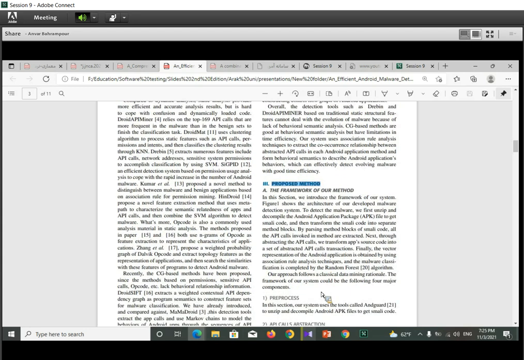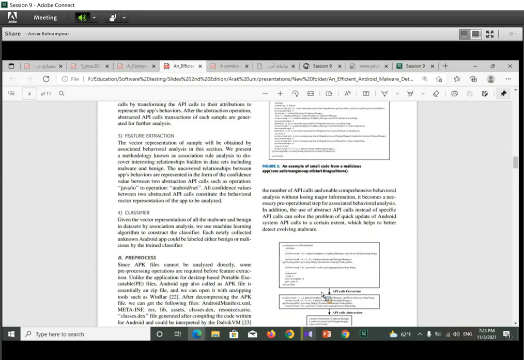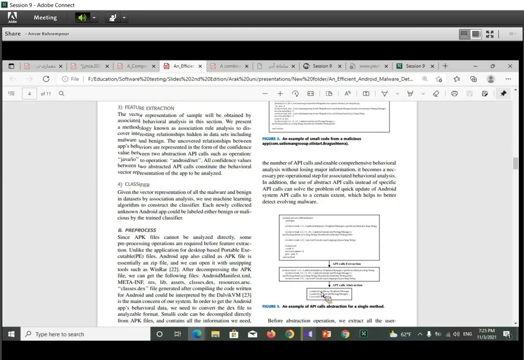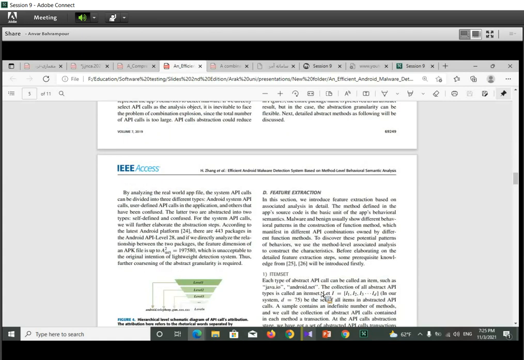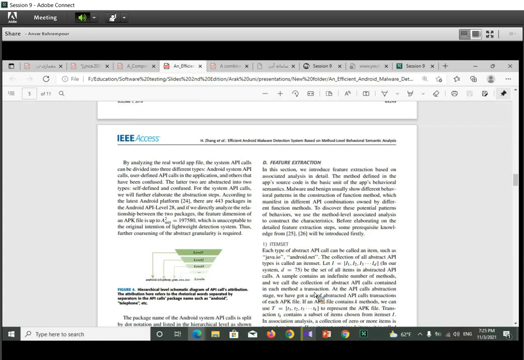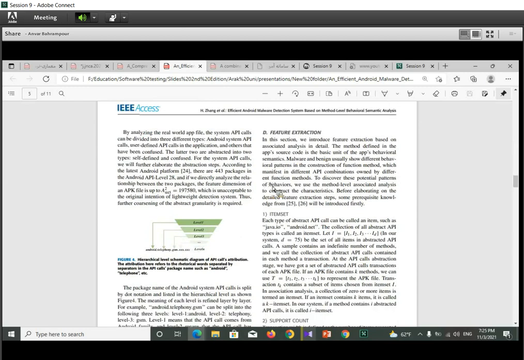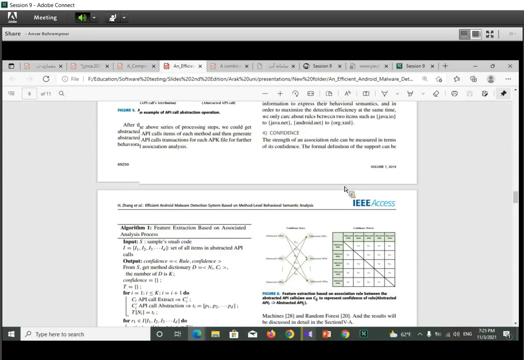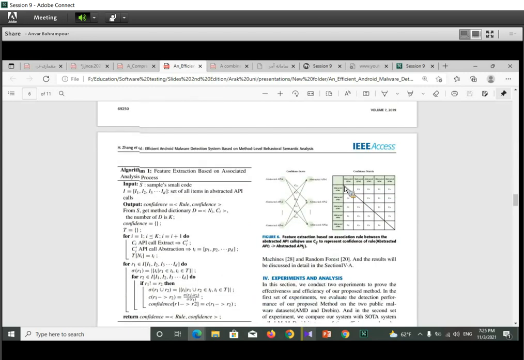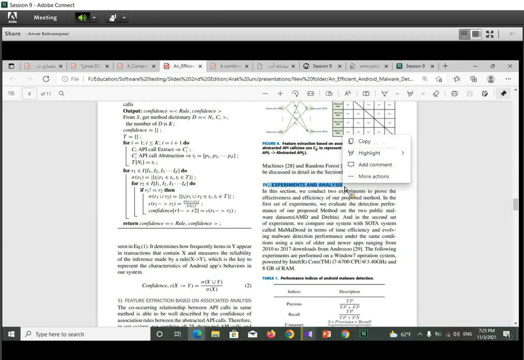In the next section of each research paper, we should evaluate the performance, the fourth section. We should explain the results or the empirical analysis of the proposed method.